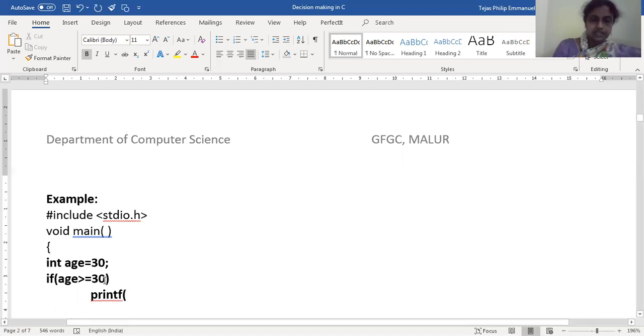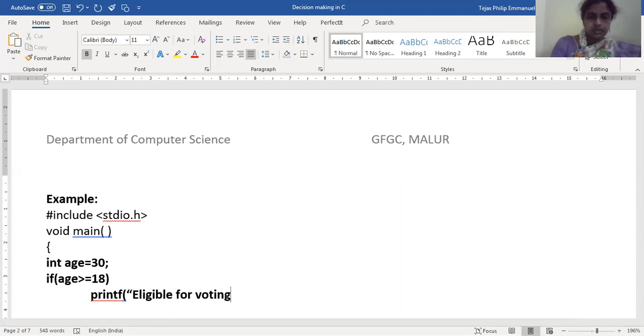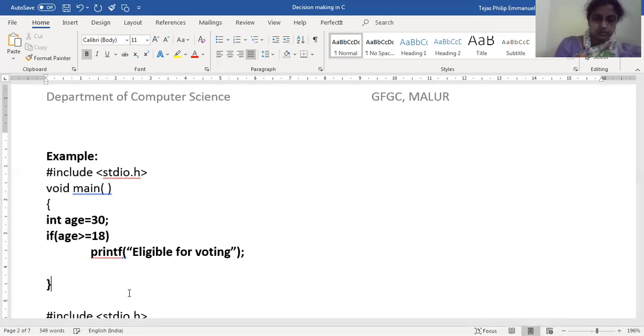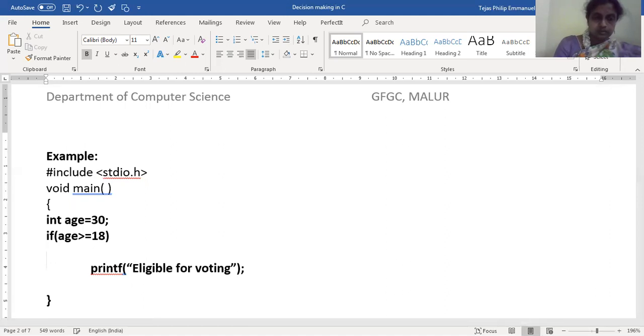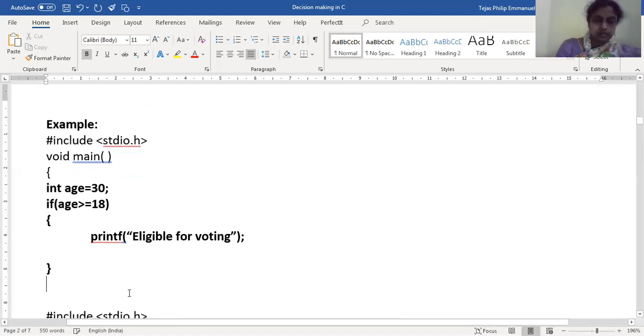Here I will make the condition greater than or equal to 18, I don't want 30. printf "eligible for voting". So this is one of the simple programs in which we can explain our if statement.